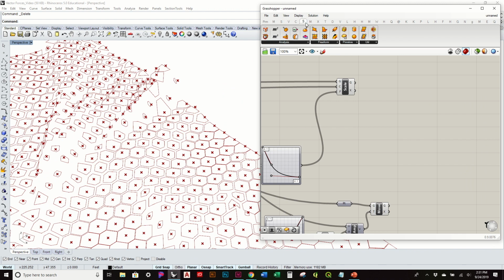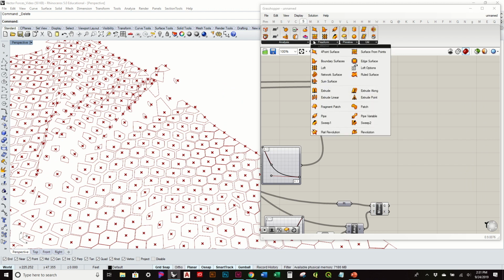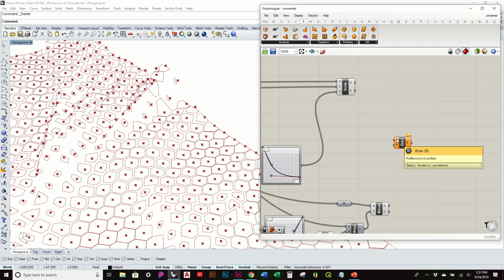So I can go to my surface and look at different ways of creating a surface. So I'm going to use the extrude to point. It's looking for a base curve, so that's this one. Then it's asking for that point, so I'm going to use this. And this is going to give us these